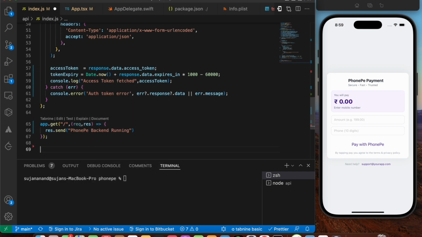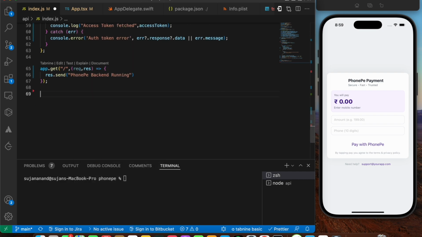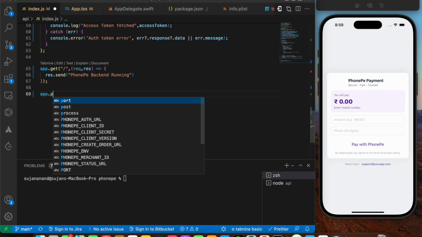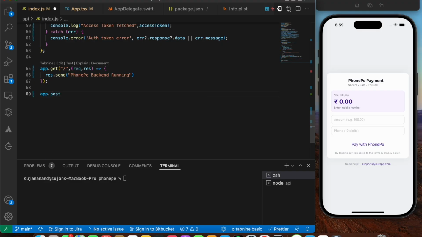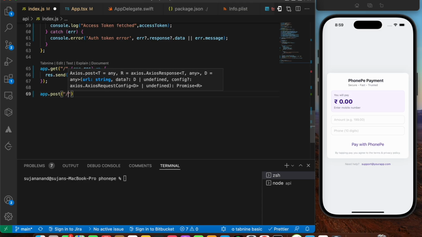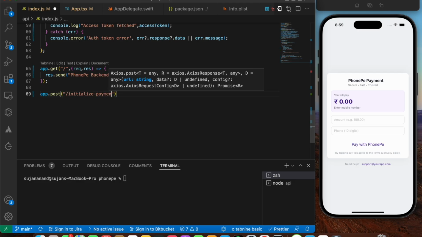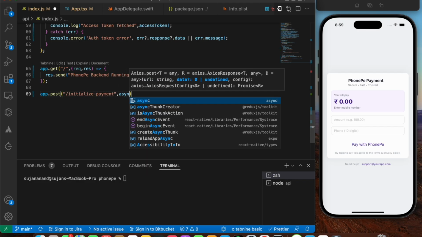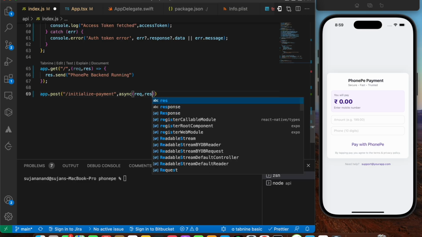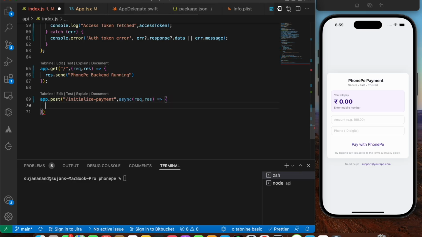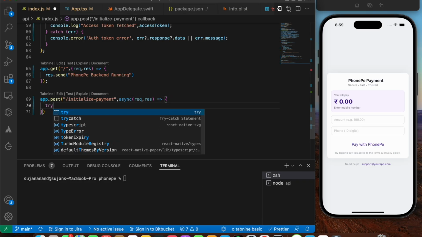So now I'm going to initialize the payment that we're going to utilize in your app.tsx method for implementing the payment integration. I'm going to say app.post. It's going to be your /initialize-payment, with an async method with your request and the response in the callback. Here let's get into the try catch block. So initially try